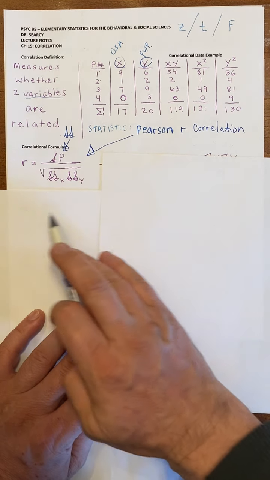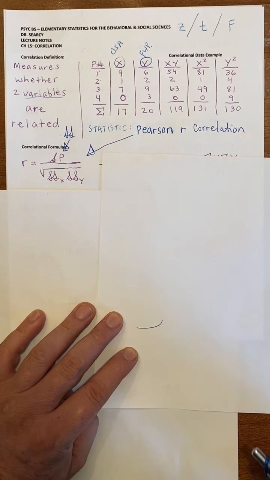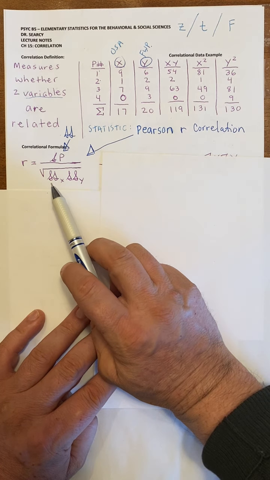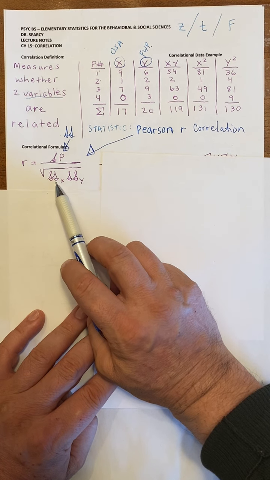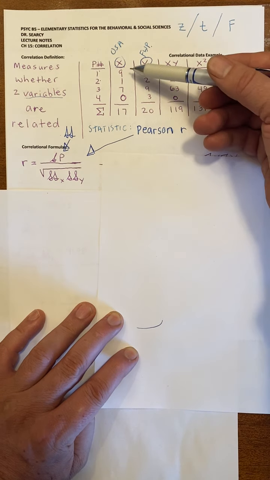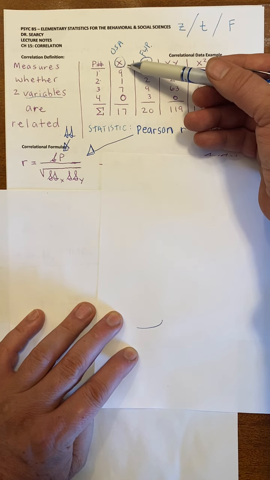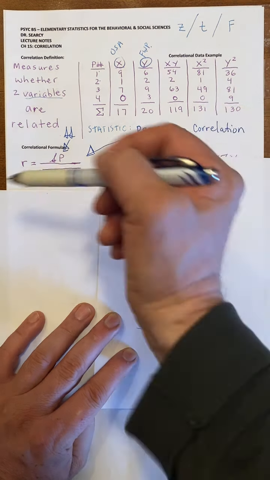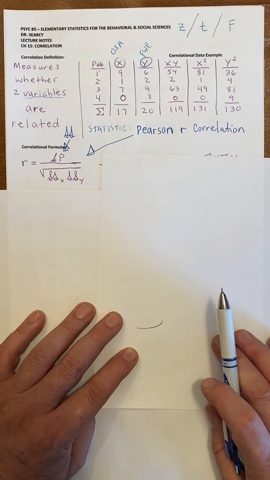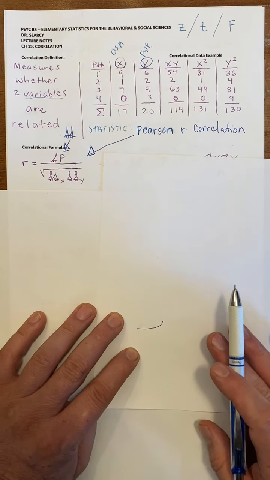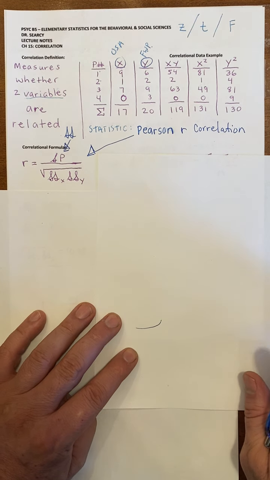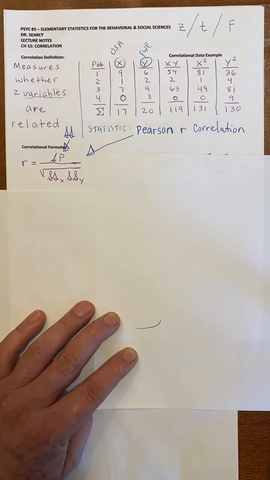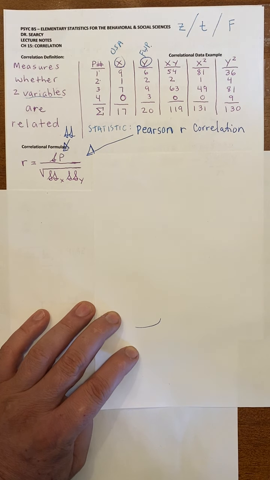Okay, so in this formula, you, by now, are masters at how to calculate sum of squares. You see this, and you know, oh my God, I got to come over here, and I got to add up everything in this column, then I probably got to square everything in the column, and then I got to pop it into that sum of squares formula, the computational. Dang, Dr. Searcy, you've made me a master of the sum of squares. You're welcome, student. Anyway,